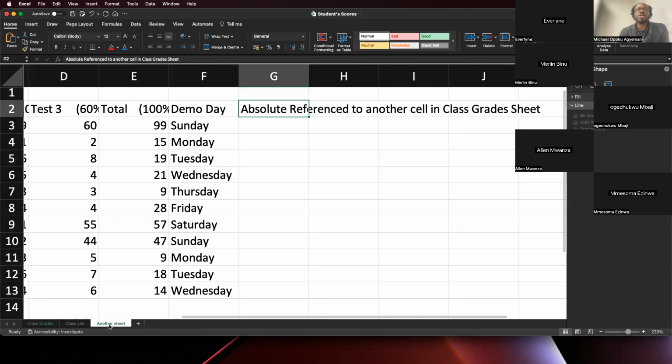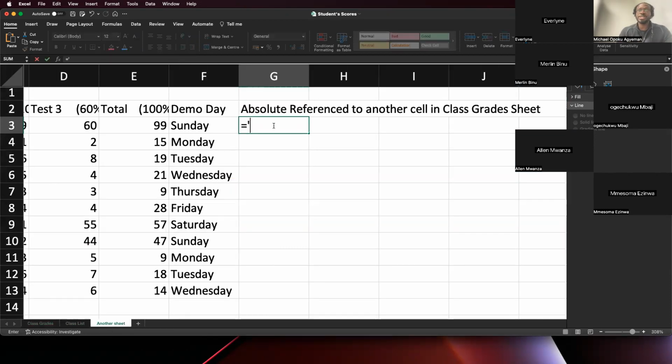B15. In here, we want to first of all reference the sheet that we are interested in, that is maybe the class grades sheet. And in the class grades, we want to divide our column cell D3, or each of these contents in the D column. So we'll go for D3, and I want to divide that by